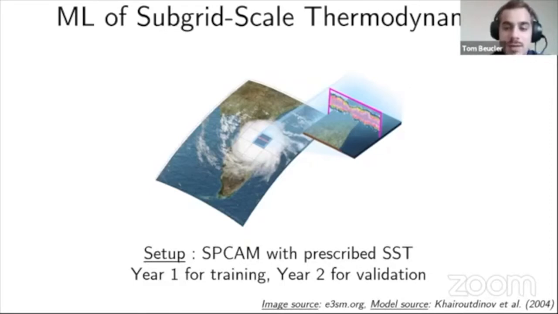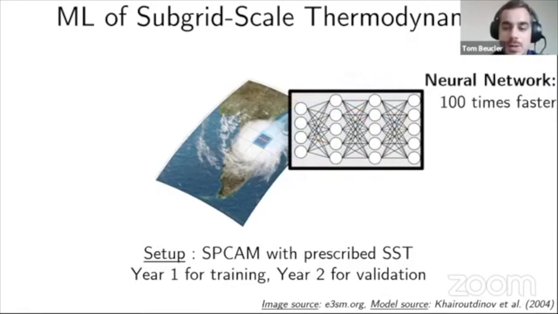And so by training a neural network on, for example, the first year of these superparameterized simulations, we can unambiguously emulate the mapping from large-scale thermodynamics to how convection and fine-scale turbulence redistribute water vapor and temperature in the vertical. And therefore, we can accelerate the superparameterized model by 2 orders of magnitude, while still keeping the advantages provided by the cloud resolving models in the